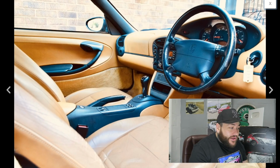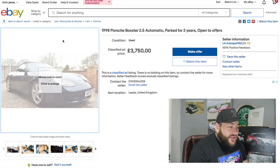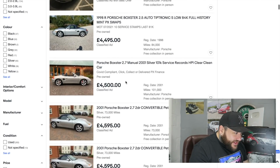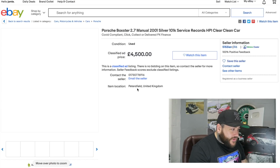I'd be after a manual one at this sort of price point if I could, but again, still quite a genuine nice little car there. We'll go back, we'll come up a little bit and see if we can get over. See, there's a 2.7 litre silver, £4,500,